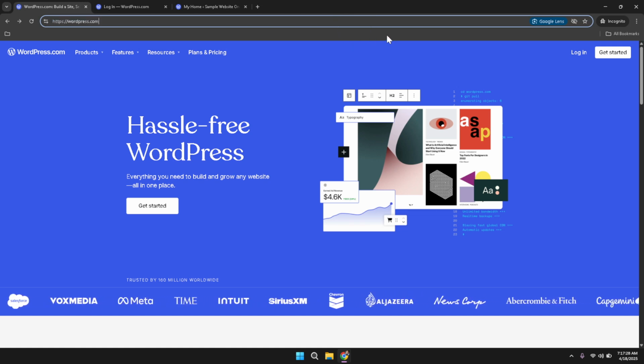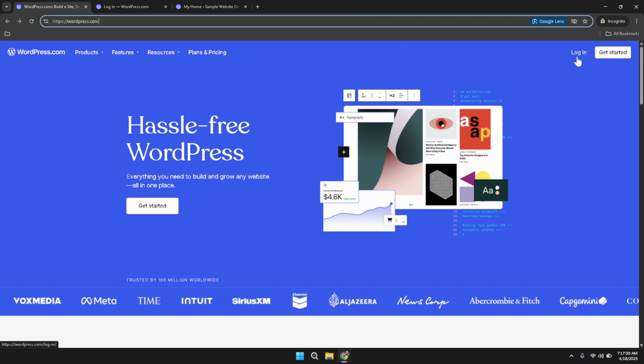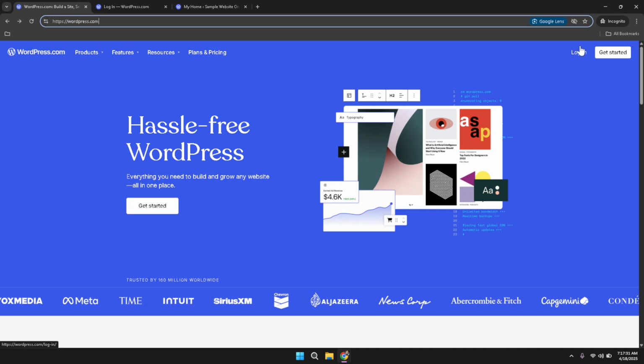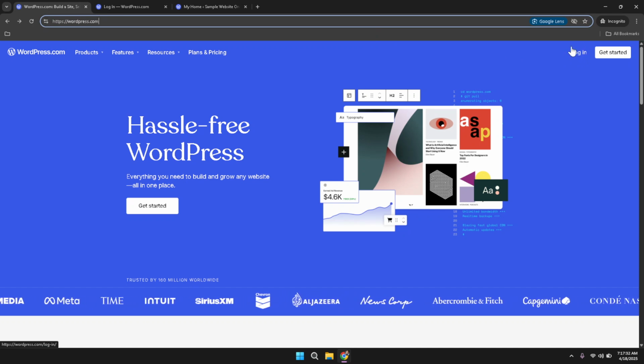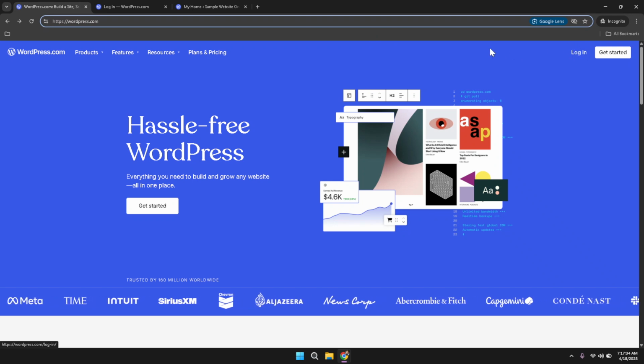After you have reached the WordPress homepage, move your attention to the top right corner of the screen. Here you will notice the login option. Click on the login button to proceed. This action will take you to the sign in page, which is the gateway to the various administrative features available